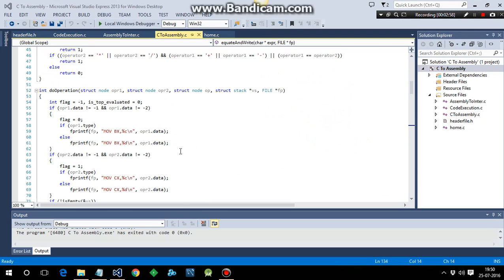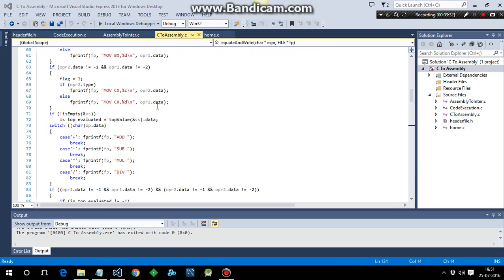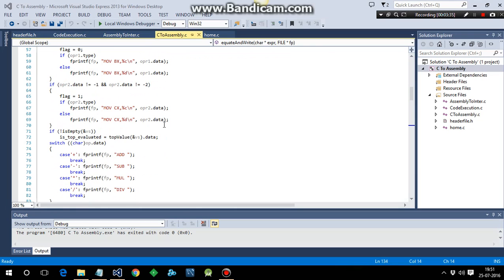Moving to the execution, how I have done it is, suppose after evaluating an expression, I return a value called -1 which gets pushed onto the value stack. So if the top of the value stack is -1, that means there is already a value evaluated and it's stored in a register. Now the next expression which is to be evaluated is to be stored in another register, and then I have to add those two registers. So I'm using the top value of the variable stack, and based on that I'm evaluating the whole expression and I'm writing into the .asm